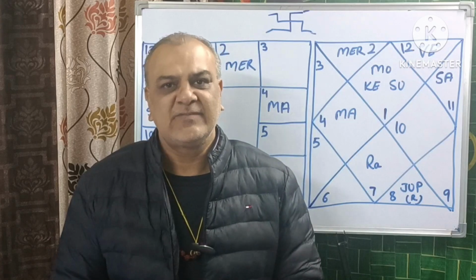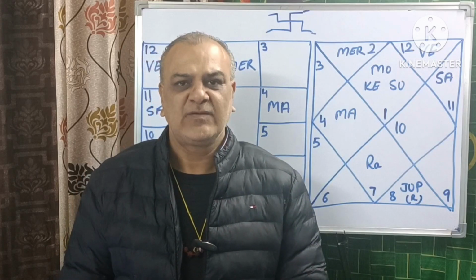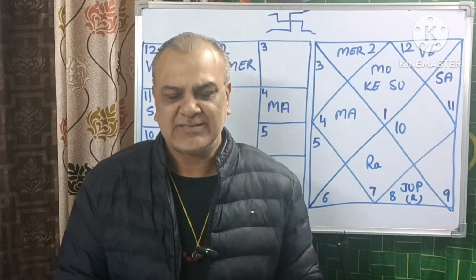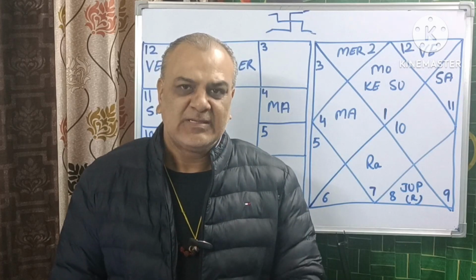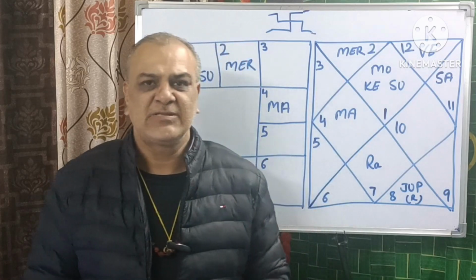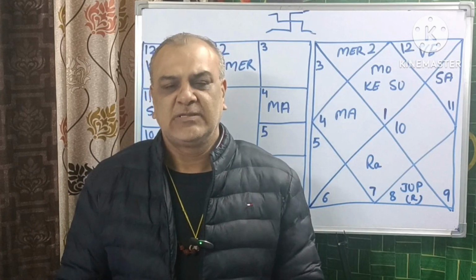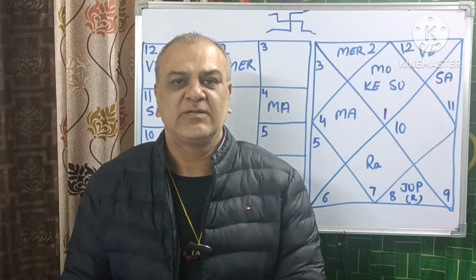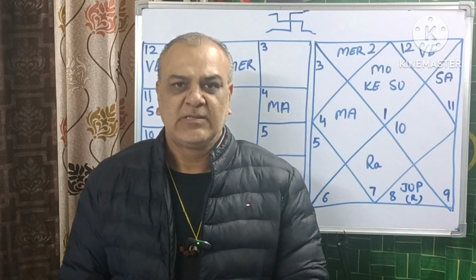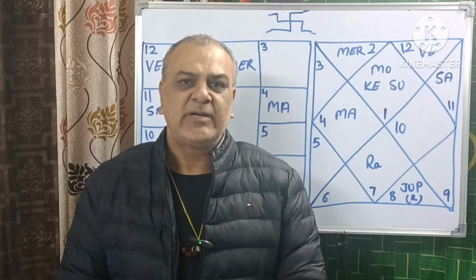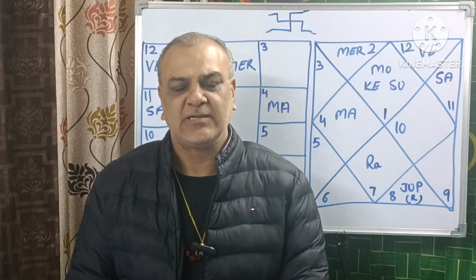Second, this native is a doctor and he always has a problem in the profession due to outsiders. This I'll explain you in this video. Third, I'll explain you the combination, the master technique of Bhrigunandi Nadi. Why? Because of ego. This person always has quarrels with other people, even his lady friends and even his male friends also. These are the three important combinations. And fourth, I'll tell you about his elder brother.